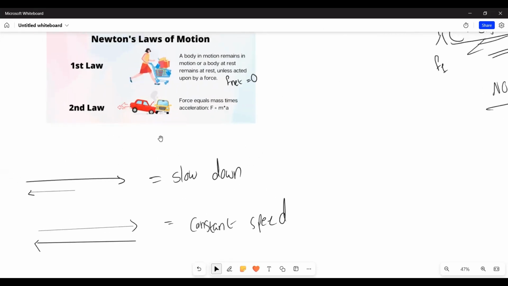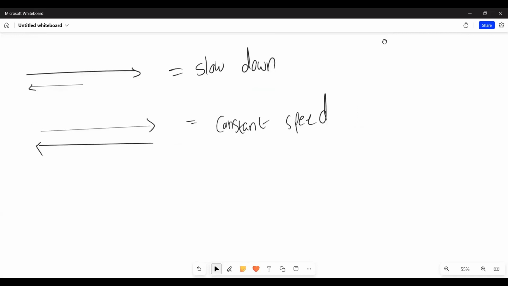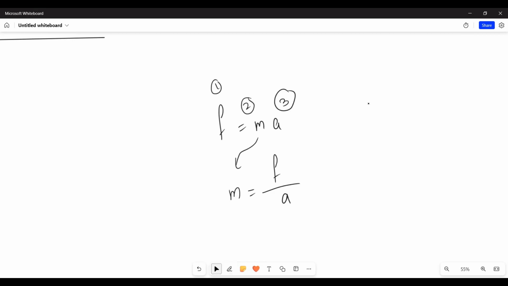For the second law, when I say that force equals mass times acceleration, what do I need from that? I'm not going to use the whole formula. I know that F equals ma, right? That means at constant mass, the force is directly proportional to the acceleration. When I have three quantities and one of them is constant, the other two are directly or inversely proportional. I do this to make one of the quantities constant so I can find a relationship between the other two. For example, at constant acceleration, a equals F over m.